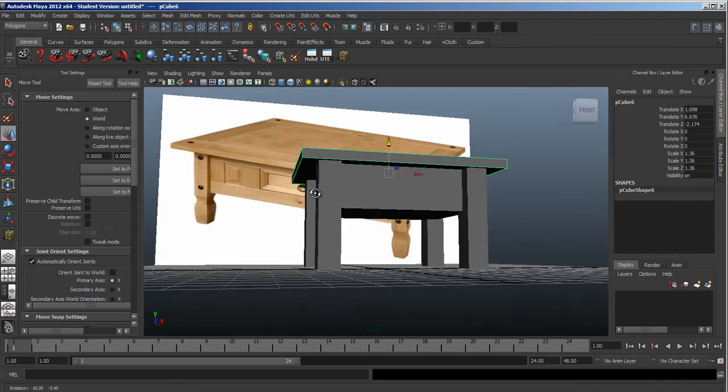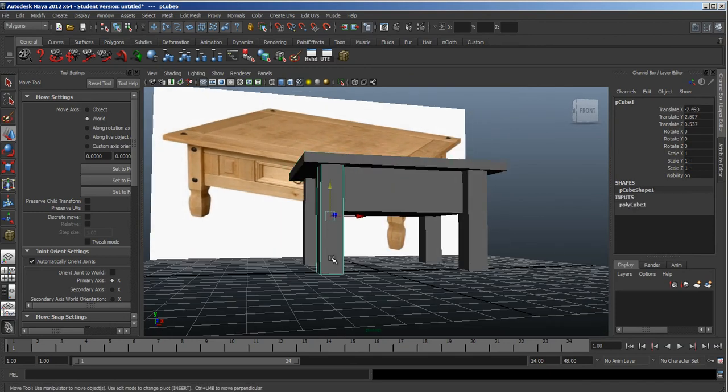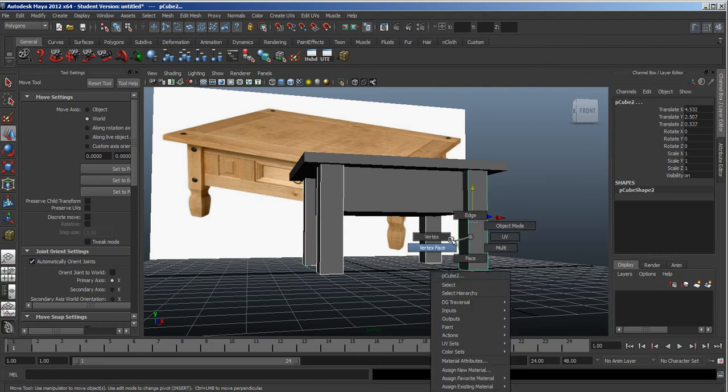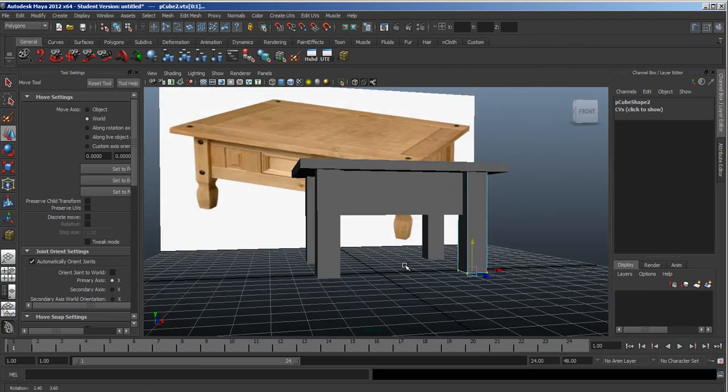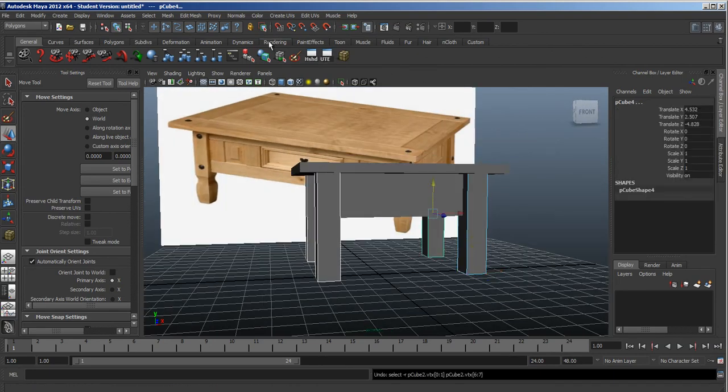So what we can do at this point is, by holding Control, we can Shift select all these legs here. Right click, go to Vertex Mode. I'm going to left click out here and grab all these bottom verts. Or what you can do is if you